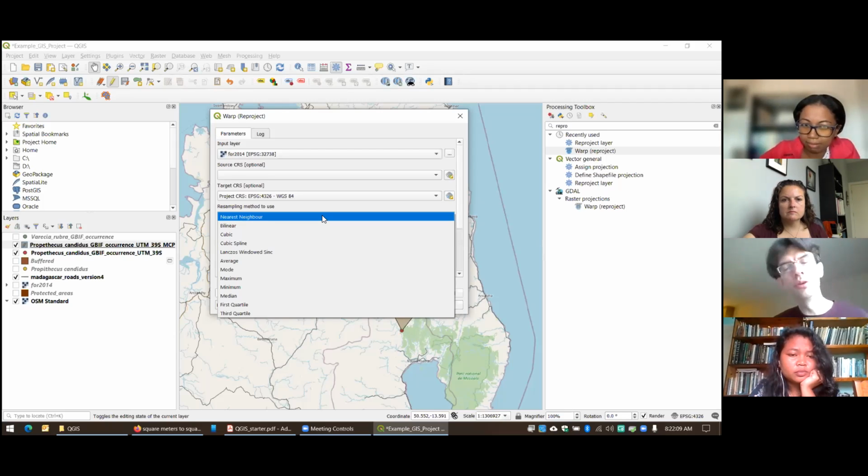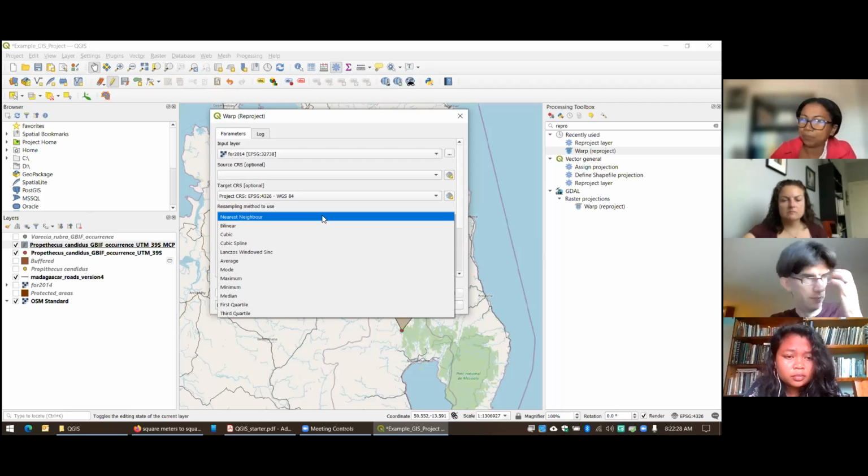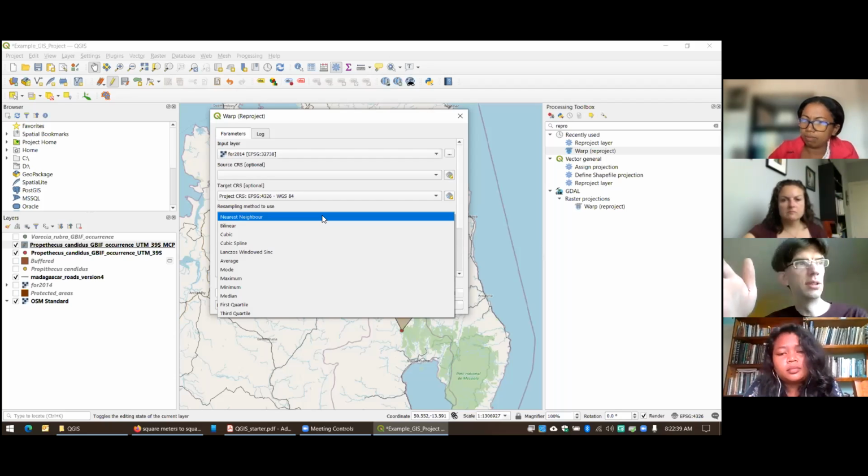You can read up on all of these if you'd like to, but my general recommendation is if you have categorical data, where data fits into different bins, right? It's either a 1, a 2, or a 3. It's group 1, group 2, group 3. When I talk about categorical data, I'm talking about data that is very discrete. Everything has to fit in one category or another. Nearest neighbor is the best approach for categorical data.